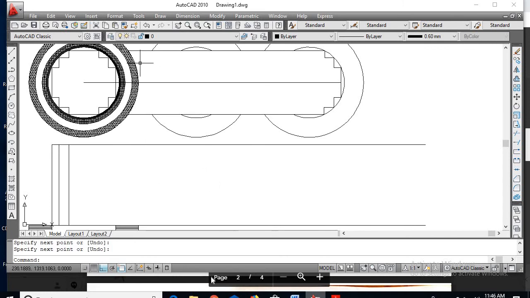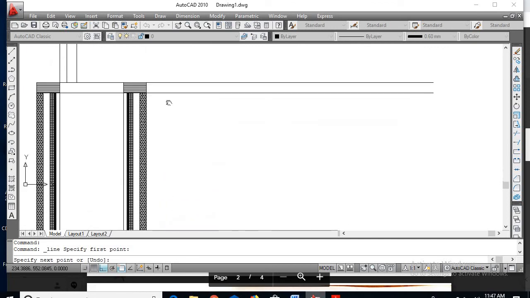Now go for line, from here, extend the line here.